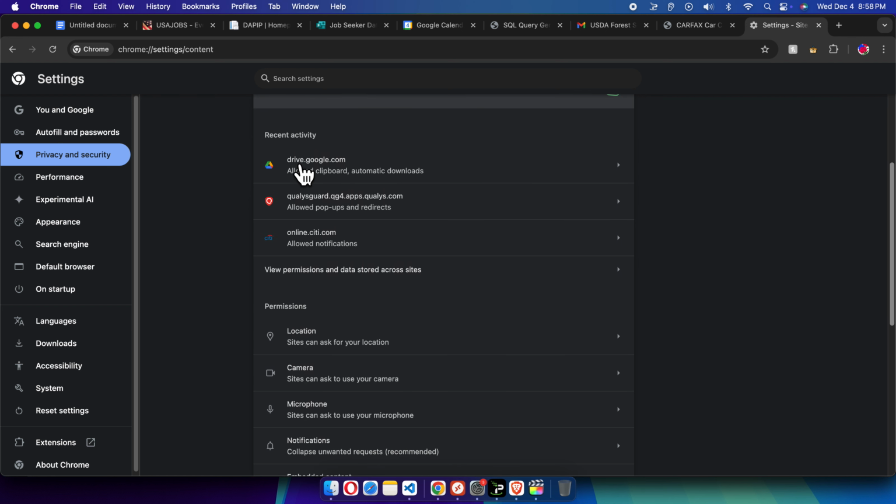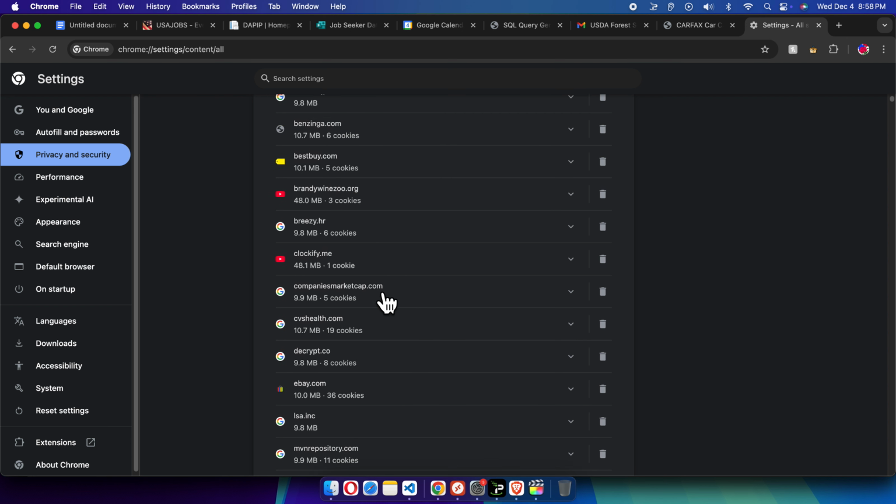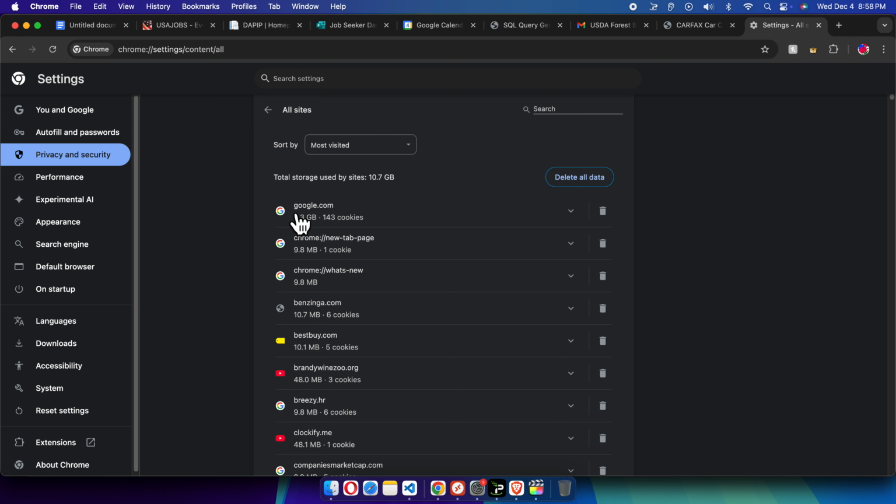I mean, a couple of website names are there, like drive.google.com, College Board and Citibank. So these are the sites, but it is not showing all of them. To see all of them, we have to click this option, View permissions and data stored across sites. We just need to click here, and it will expand, and here you go. Here you will find all the websites or applications you have used through this browser. You will find the whole list of them,